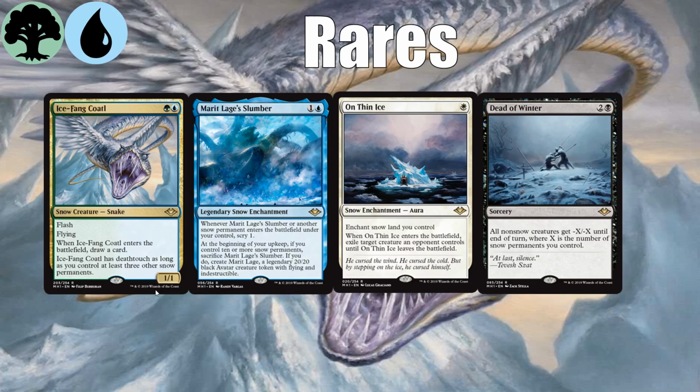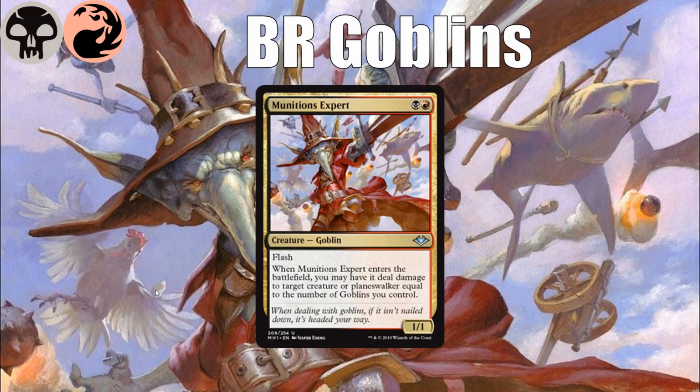All right, the next color pair we'll look at is black-red, and it is goblins. Black-red Signpost uncommon is Munitions Expert, a goblin who comes into play and does damage to target creature or planeswalker equal to the number of goblins you control. This means that it can do 1 damage all on its own,